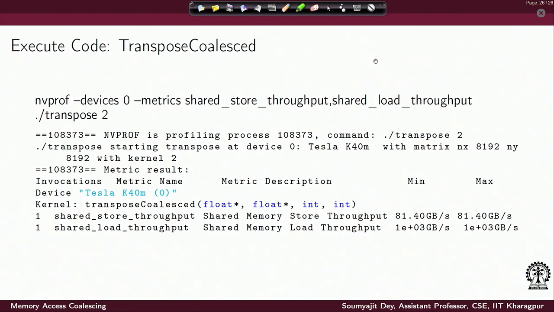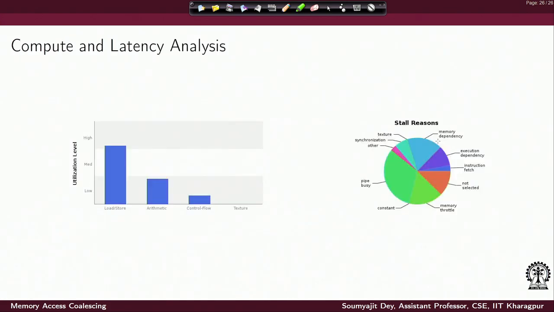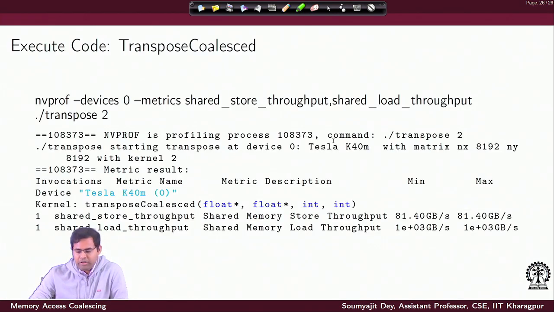In the last lecture, we gave a nice example of optimization using the shared memory with respect to matrix transpose computation, and we saw how using shared memory you can have very nice global load and store access patterns, and that leads to an order of magnitude reduction in the total execution time of the transpose, as we saw from our kernel analysis statistics. By the way, I would just like to repeat that these statistics have been revealed using our system, where we have a Tesla K40 GPU card.